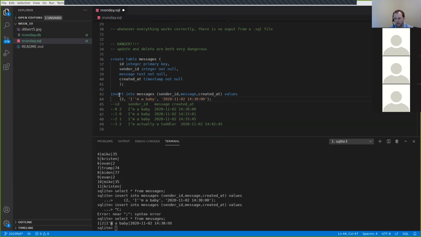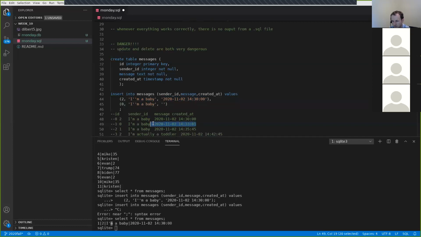Okay. This insert syntax, the reason that people commonly put it on multiple lines like this is because you can actually insert multiple things at the same time. You can insert multiple messages at the same time. So if I put a comma at the end of this parentheses right here, now I can add another message just below. For this new row in this messages table, I'll have to specify these same exact columns. So I'll look down here, it should be 0, comma, "I'm a baby", comma, and then let's